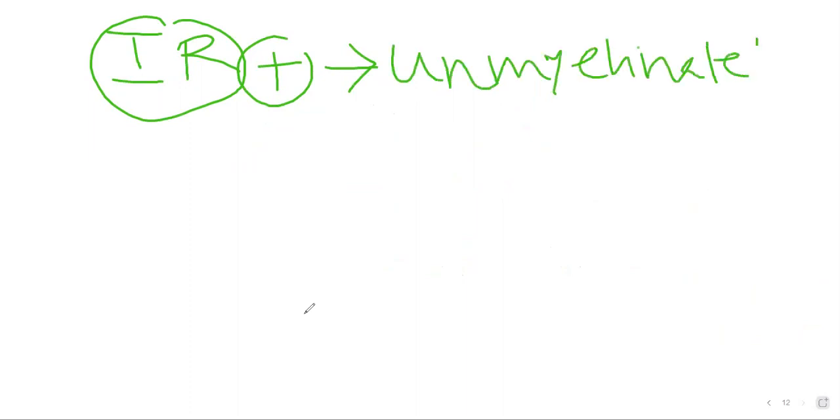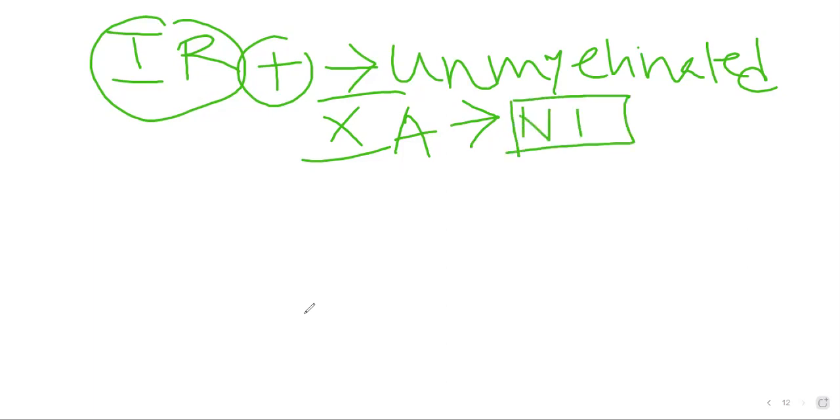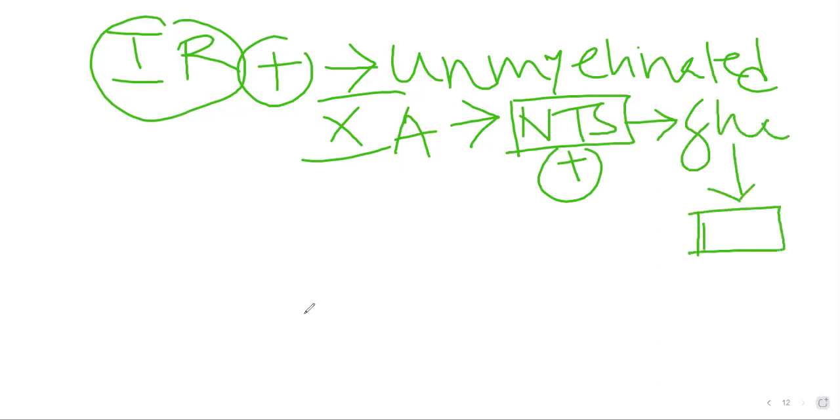Unmyelinated afferent of the 10th cranial nerve. So the unmyelinated afferent of the 10th cranial nerve eventually will reach which area? The nucleus of the tractus solitarius. Now, if the nucleus of the tractus solitarius is stimulated, it will release more glutamate, and finally this glutamate ultimately stimulates which area? The nucleus ambiguus, which is the 10th efferent center, and from there release of which chemical substance via the 10th efferent? That is acetylcholine, which is carried by the vagal efferent component.